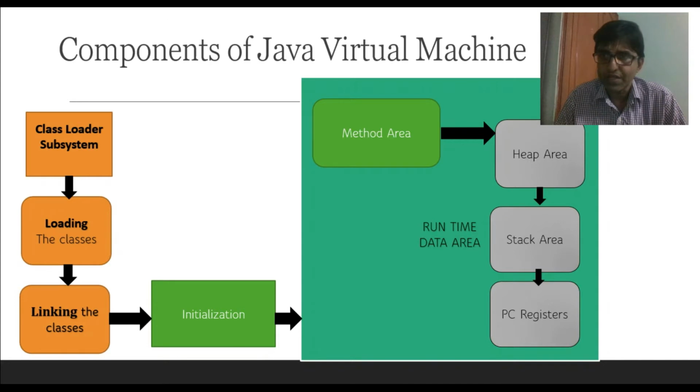So let's understand each and every component in detail. This is the core diagram which you have to understand. You have to store that in your brain, so that every time you execute a Java program, you visualize this particular chart, so that you understand how the Java subsystem, the JVM, works.